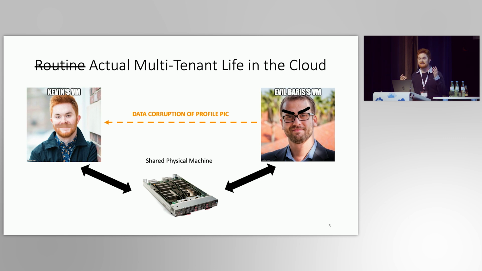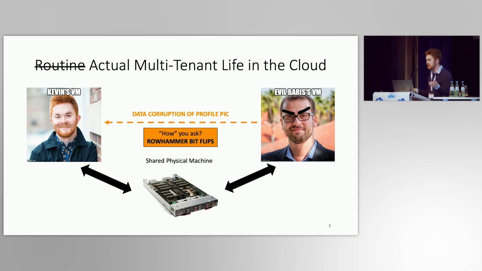And so you might ask, how on earth is this possible in the cloud? Well, there are a variety of vectors, but the one that we're going to talk about today that's unsolved and very prominent is Rowhammer bit flips. We don't need to understand exactly how Rowhammer bit flips work right now. All we need to know is that if you access DRAM above a certain rate, you risk bit flips in